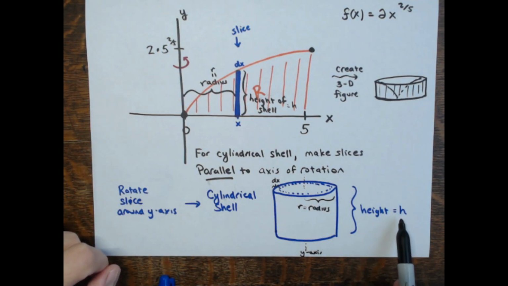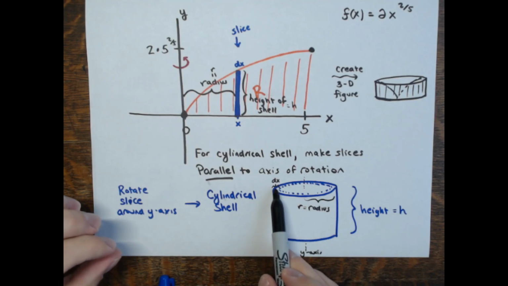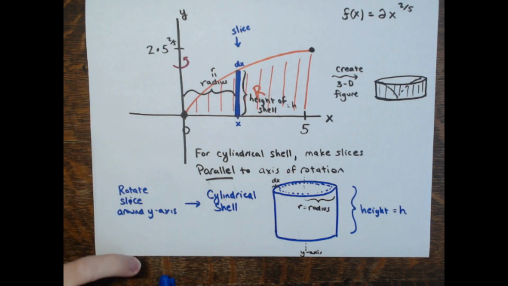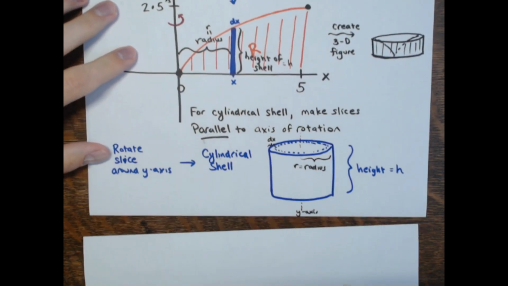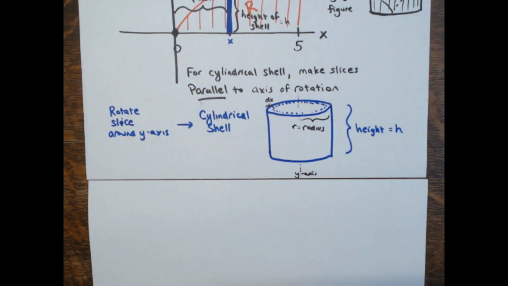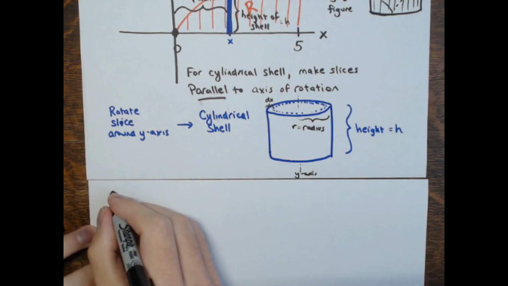And what I would like is this height and this radius in terms of x, because I have dx as the thickness, right? We're going to be integrating with respect to x, so I want everything in terms of x, but we'll get to that later. For right now, what I want to do is say, hey, what's the volume of a cylindrical shell? One of these shells. So the volume of a shell,